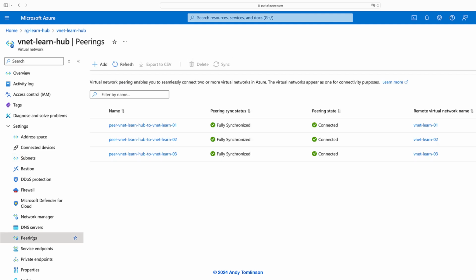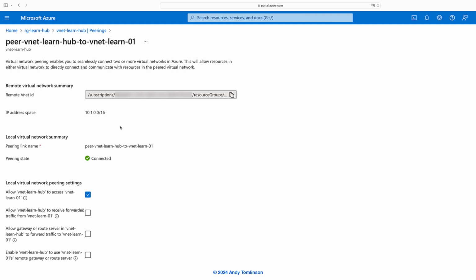If we review the peering to the first virtual network, we can see that the hub virtual network is allowed to access the first virtual network, but that we're no longer allowing the gateway in the hub to forward traffic to the first virtual network. If we were to review the peering relationships to the second and third virtual networks, we would see a matching configuration. Why don't you try this for yourself? If we go back to the resource group view,